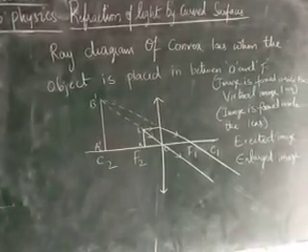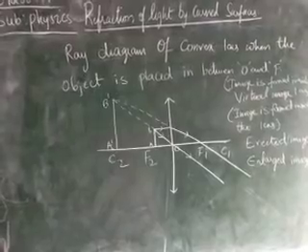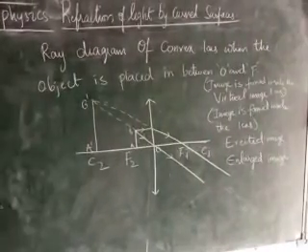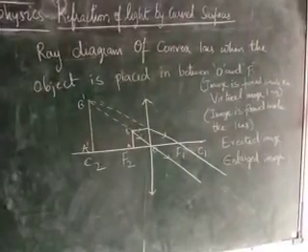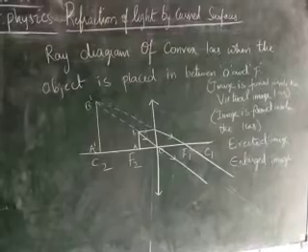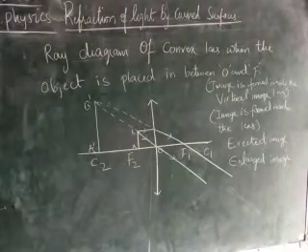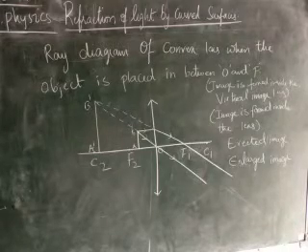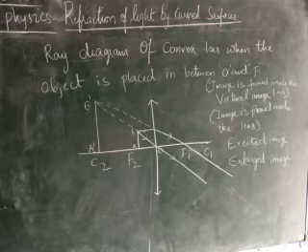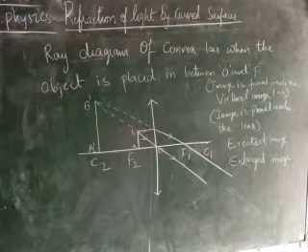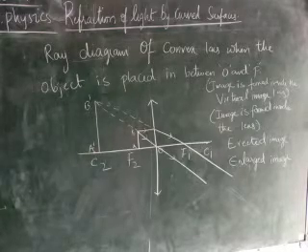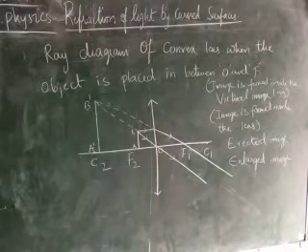Here, children, it is a ray diagram of convex lens. When the object is placed between O and F, the image formed is inside the lens. It forms a virtual image. Okay, as it is forming, the light rays are not meeting. Actually, they are appearing to meet, children. That's why we say that is a virtual image.